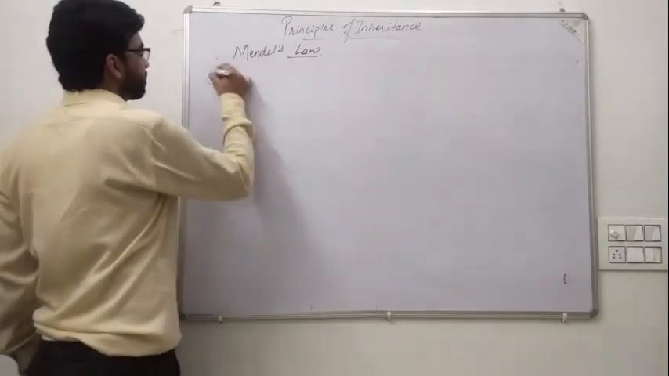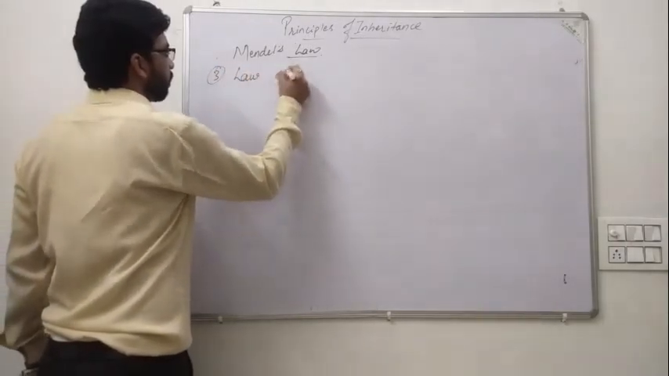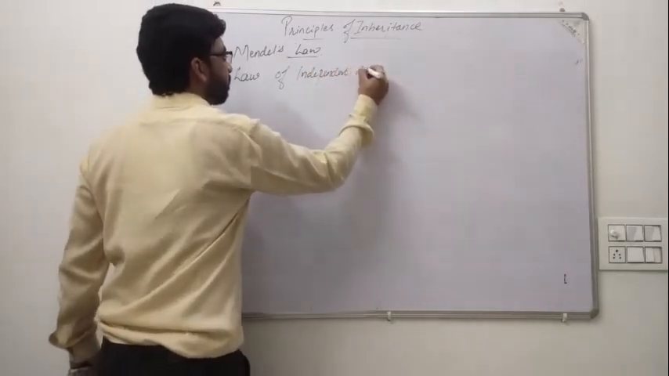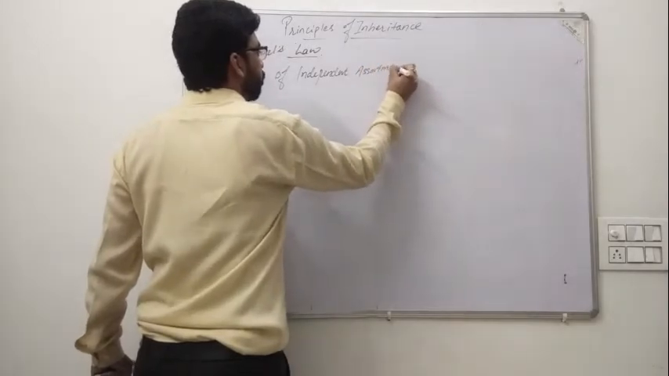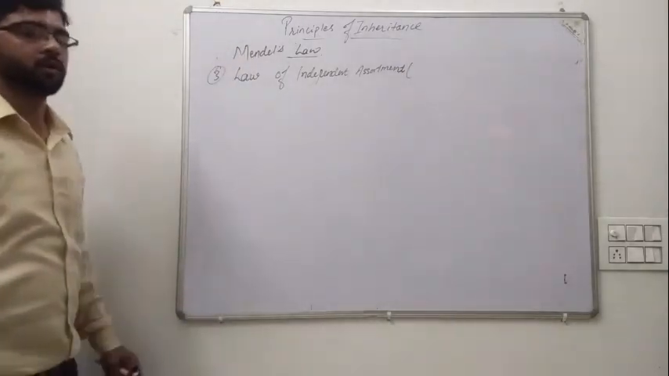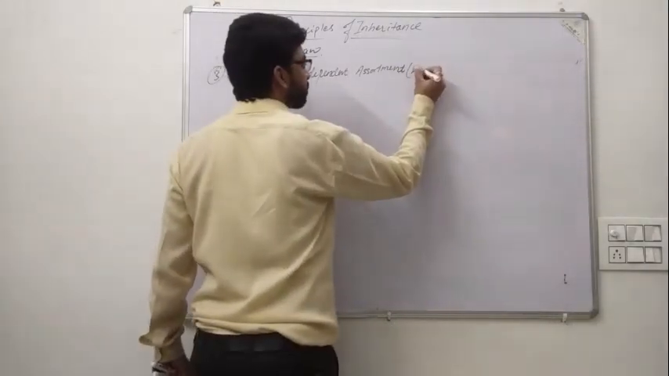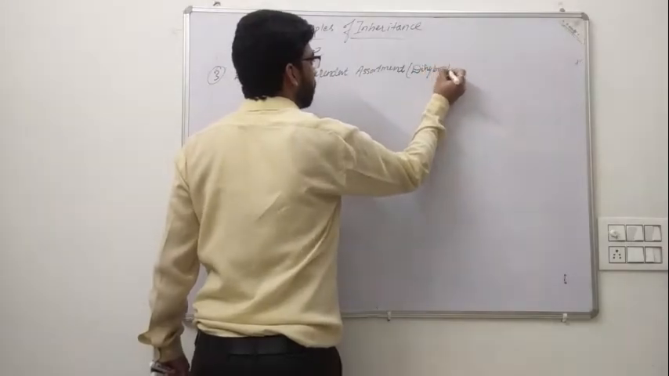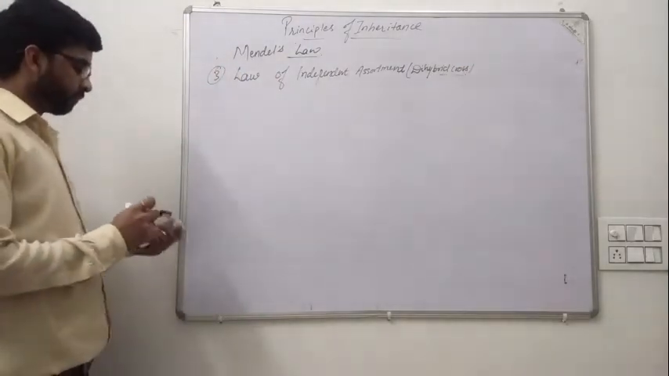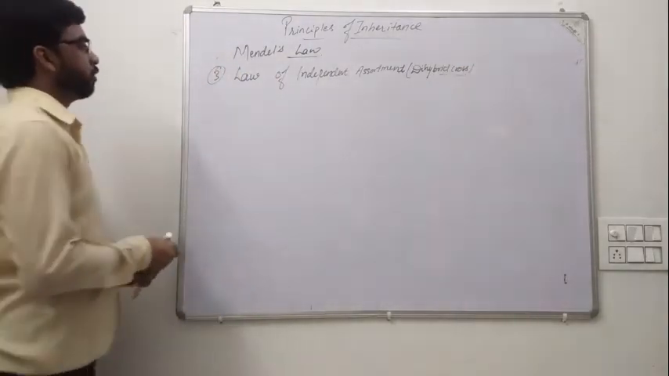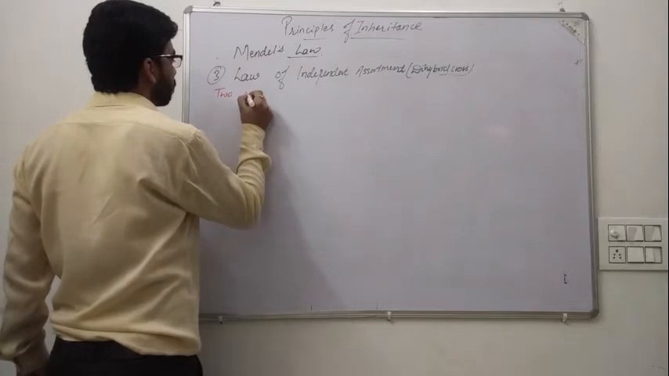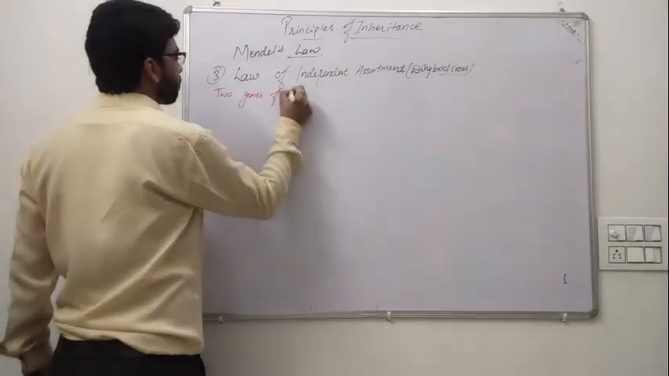Now the third one is the law of independent assortment. In this cross, we talk about the dihybrid cross. With the help of the dihybrid cross, we study this law. Definition of this: 2 genes of different characters